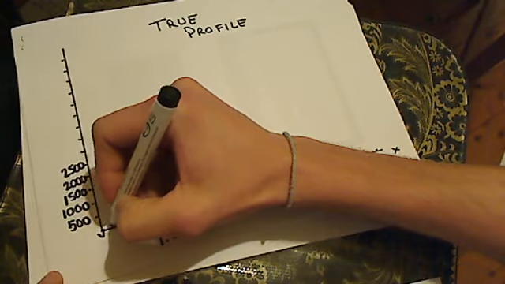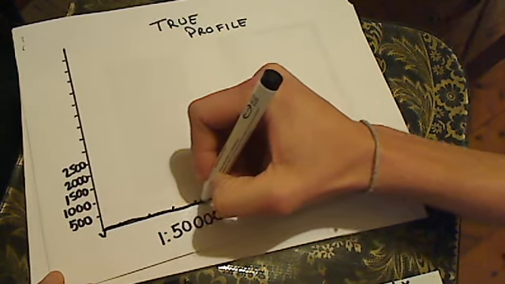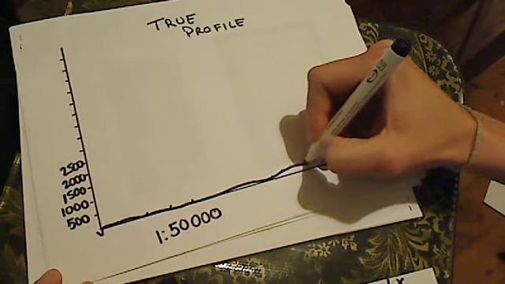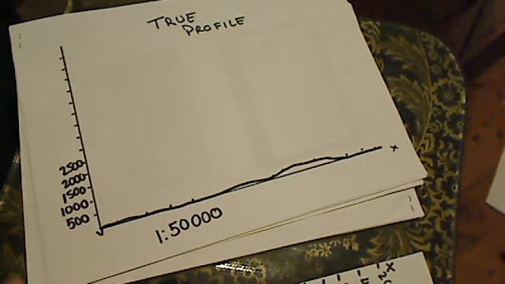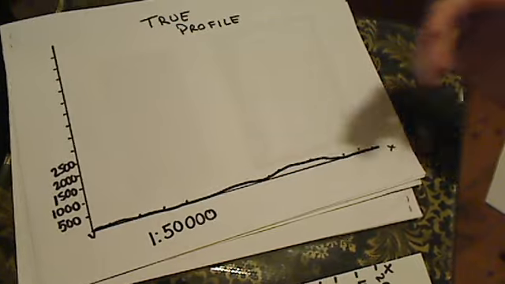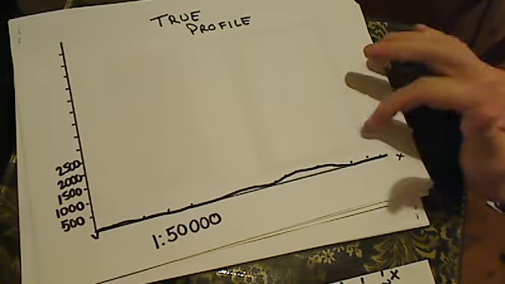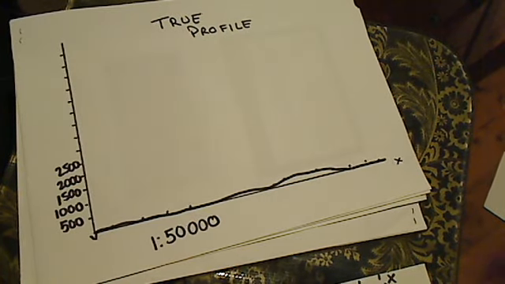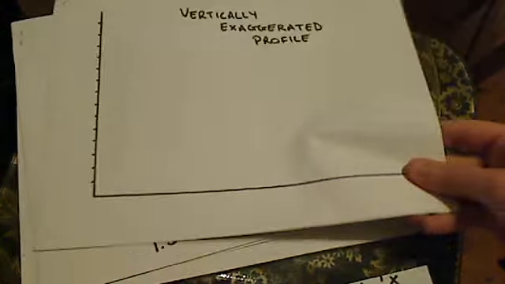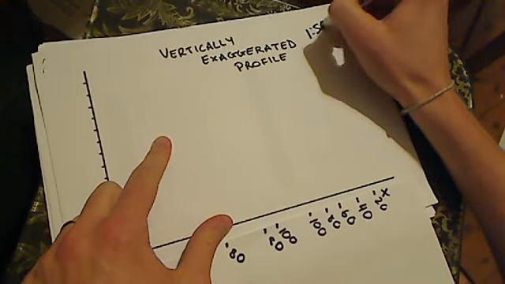So when I join all that together, just like that, this line is almost completely useless to us. It tells us very little about the actual shape. It's very difficult to analyze what's happening inside of this cross section. So this is why we use vertical exaggeration. Vertical exaggeration is where you change what's happening on the vertical axis. So instead of going up by the scale, which, I'll remind you, was 1 to 50,000,